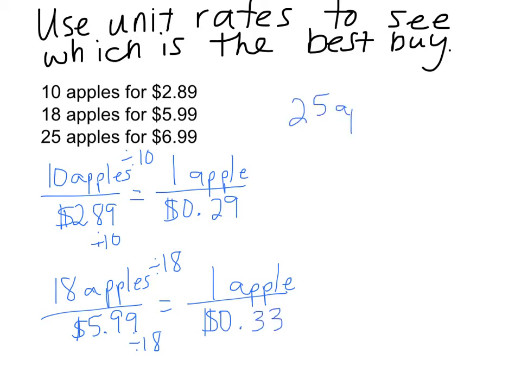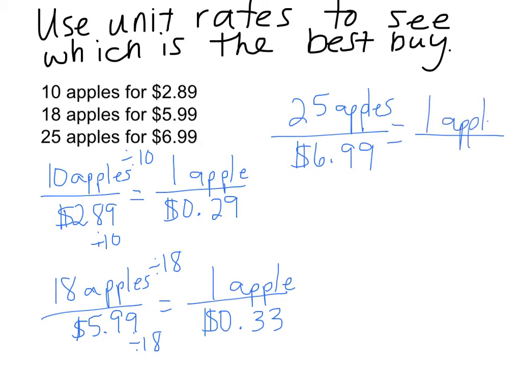And then I have 25 apples for $6.99. But I want to know the unit rate, how much is 1 apple. So I divide by 25, divide by 25. So I do 6.99, divide by 25, and I get